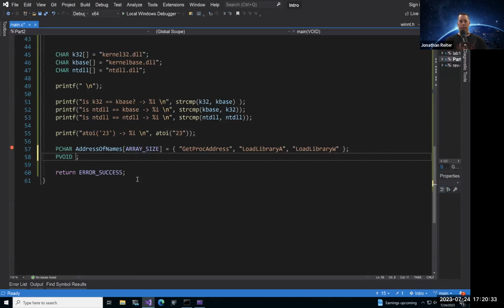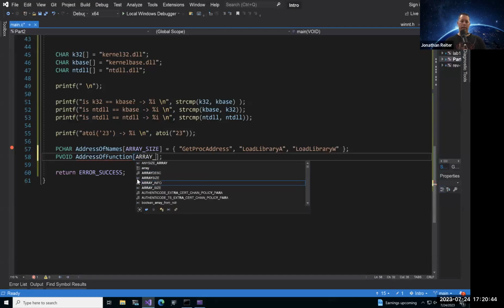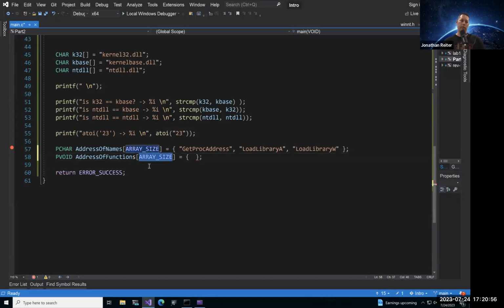Okay. Let's go ahead and type in this PVOID real quick. PVOID, and I'm going to call this one address of functions. And this is going to be ARRAY_SIZE as well. Inside of this, I want to actually have the address of the functions, or in this instance, these strings right here. There's an operator, the ampersand.